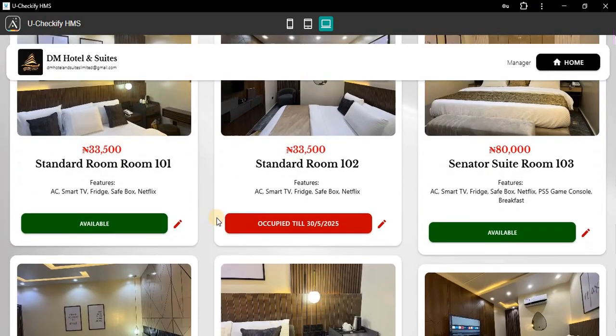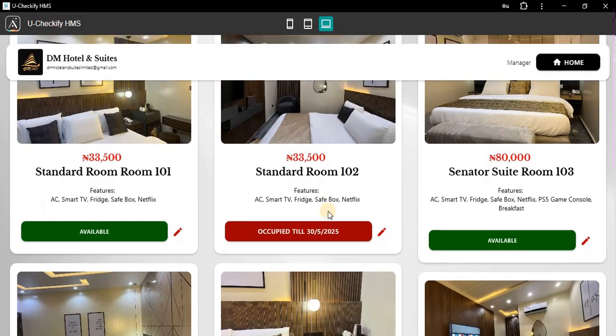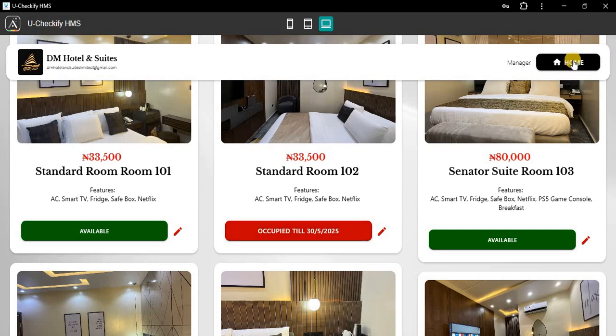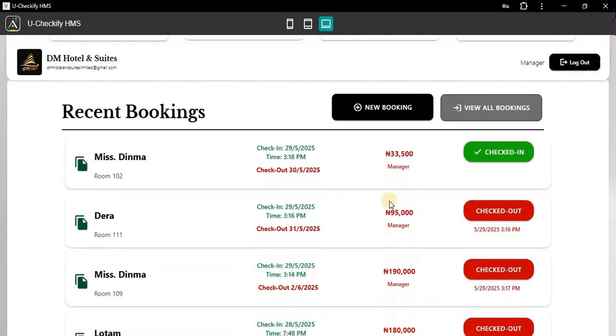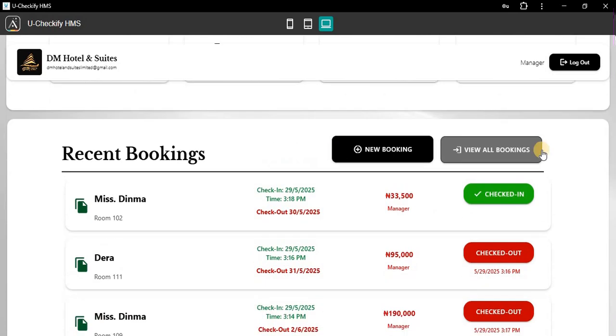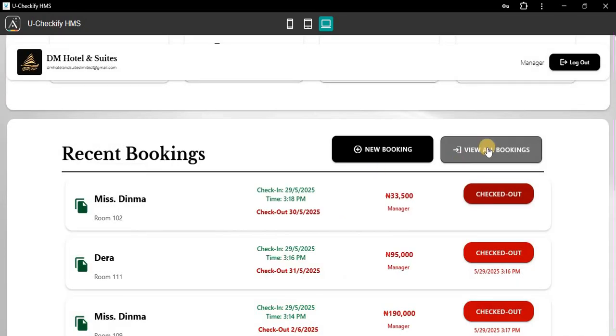Okay, here we can see this room is occupied, and then occupied till the proposed date. The proposed date of checkout is taken into cognizance. So here we have this. We can go back, and then we can verify it with the proposed checkout date. So if this person checks out, the same information is also updated on the